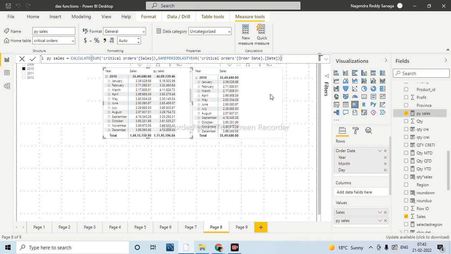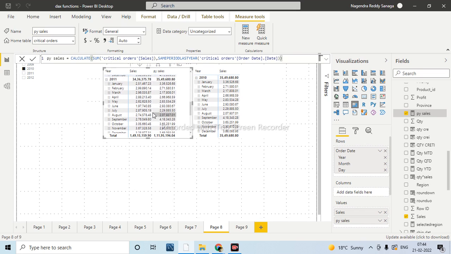For example, if you want to compare, here I have taken 2010 sales. This will be constant. Now if you come to 2011 and want to cross check, this is the 2011 sales. January 2011 sales is 251467.